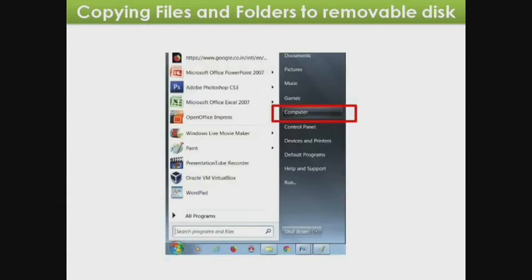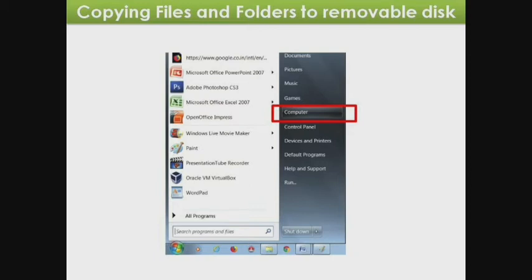From the picture, you can easily understand the steps how to copy a files and folders from the computer to the removable disk. First of all, click the start button. It is available in the lower left corner of your picture. So when you click the start button, the start menu will be open. Computer is also one of the option available in start menu. Double click on the computer, which is highlighted here with red color rectangle.